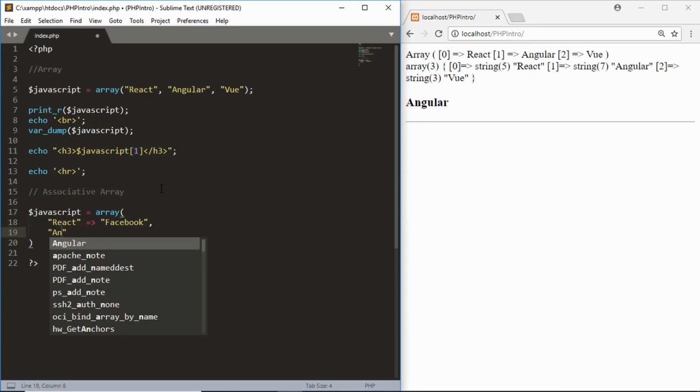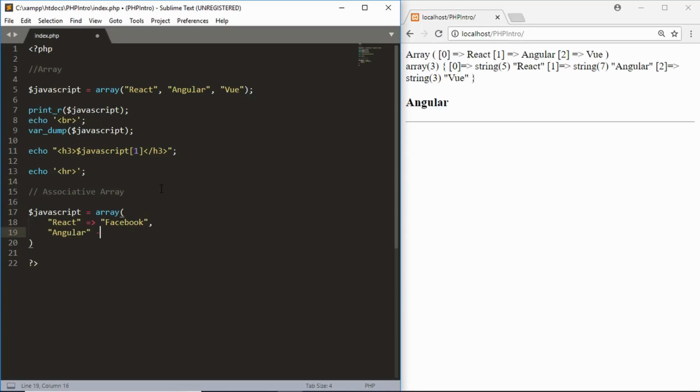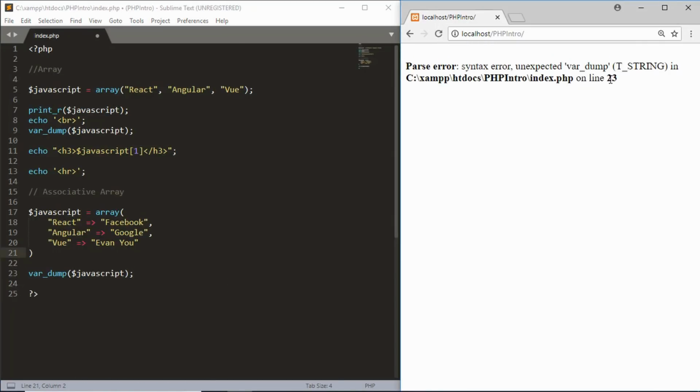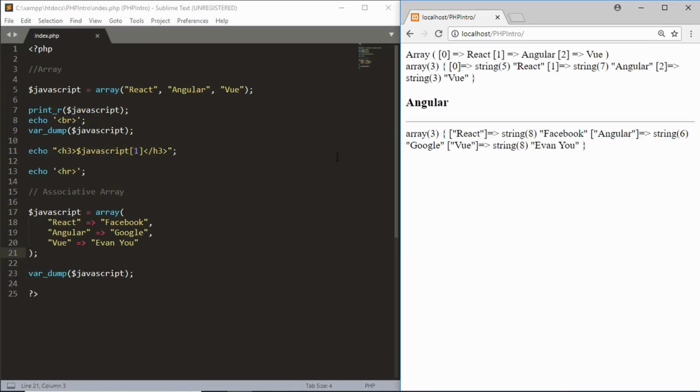second key, and then the value of the second key, and then the third key and the value. So now we have created an associative array. So we will just use our var dump function to print out this array. So if I refresh this, we get an error on line 23 because we didn't have a semicolon after creating the array. Now if we just save this and refresh it, we can see that this is the associative array,